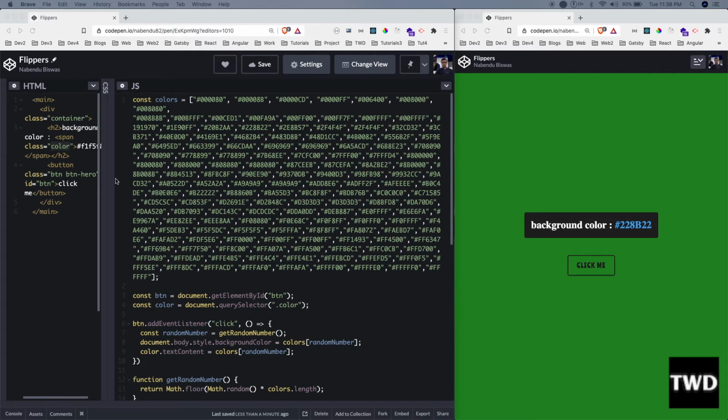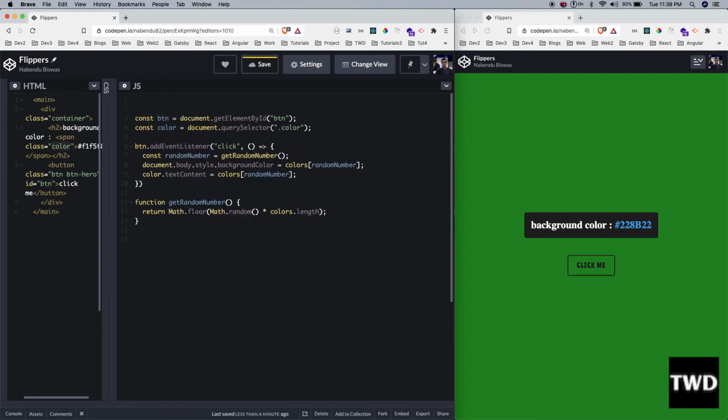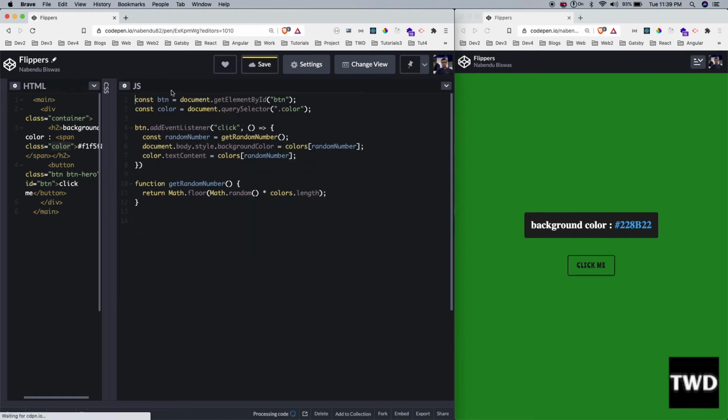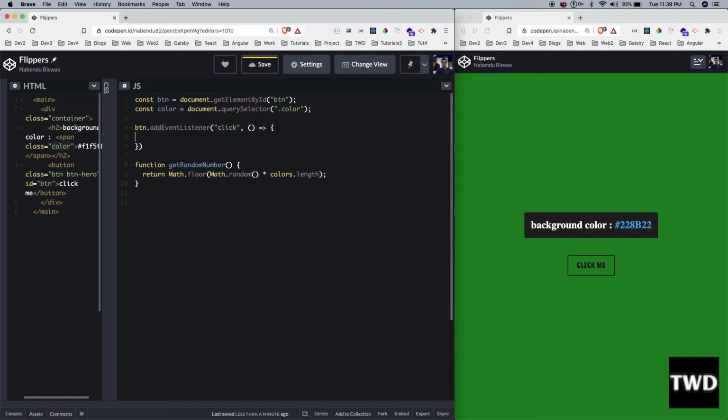So I'm going to use the same project, but I have 2 separate blocks for it, which will be in the link. So if you are a reader, you can go through those blocks also. Let me start now. Let me remove this first. I don't want this, but I do want this button and color. Let me also remove this now. I want to remove this only, and let it be there.